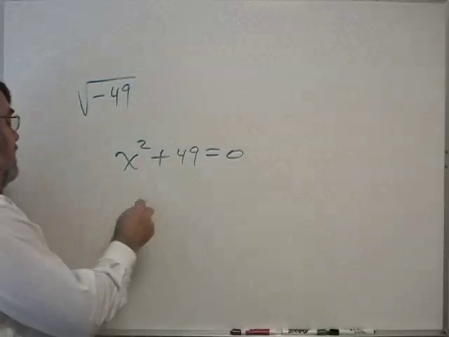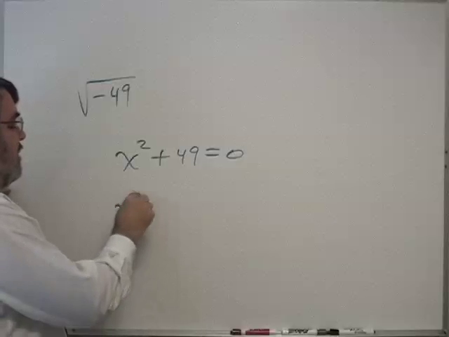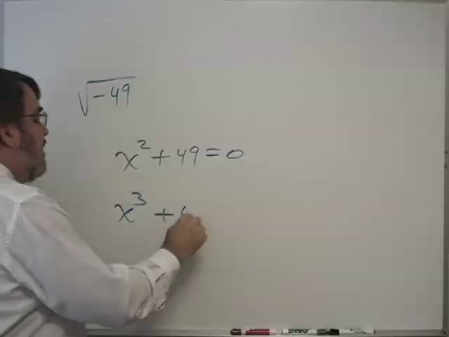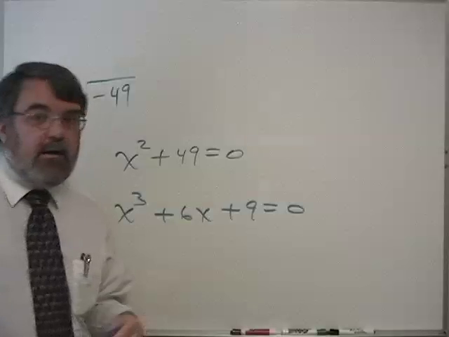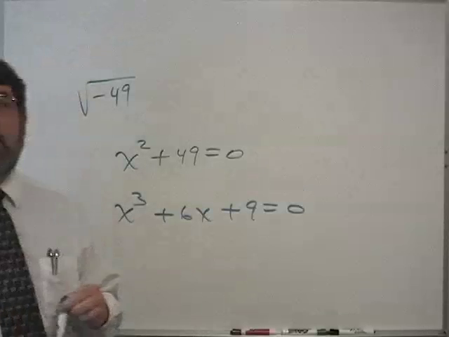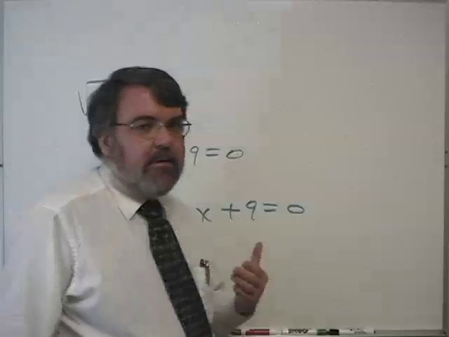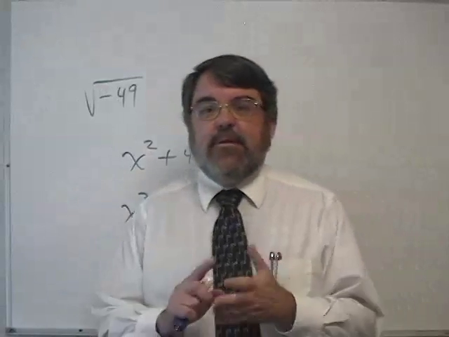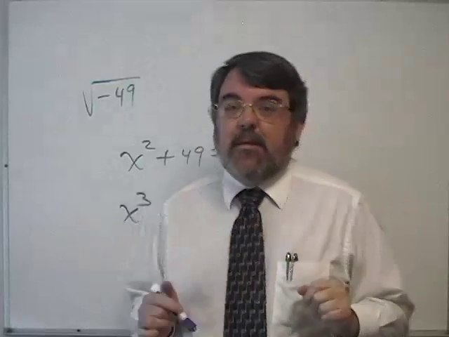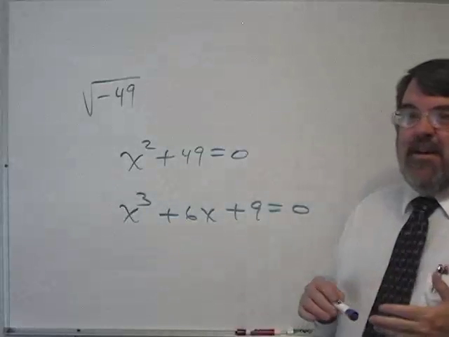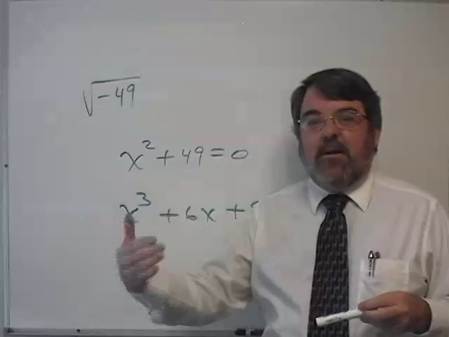found that they could solve third-degree polynomials. For example, x to the third power plus 6x plus 9 equals 0. I don't know what the answer is to that. It's very complicated to solve those. But it turns out that some of these problems, we know they have real numbered answers that could be expressed in terms of decimals. But they found out in the 1500s that when they solve these problems in symbolic form,